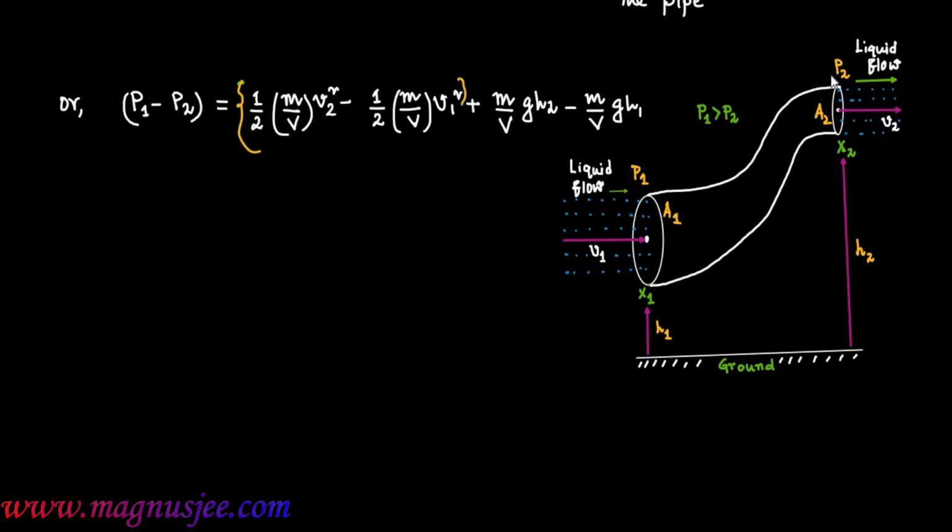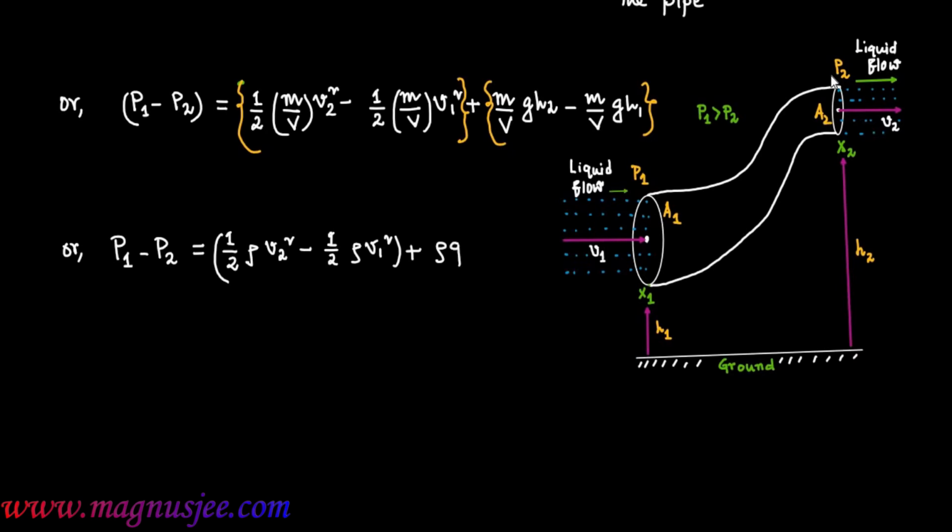We can keep the increase in kinetic energy and potential energy under bracket. So P1 minus P2 is equal to 1 by 2 rho v2 square, where rho is the density of this ideal liquid, minus half rho v1 square, bracket closed, plus, under bracket, rho g h2 minus rho g h1,